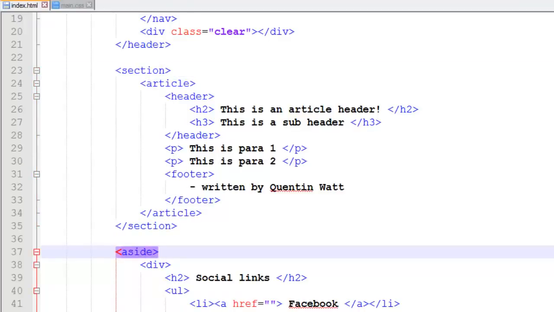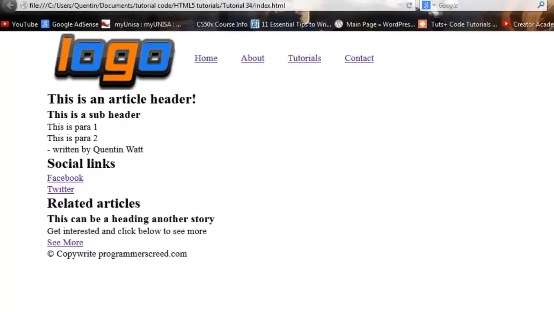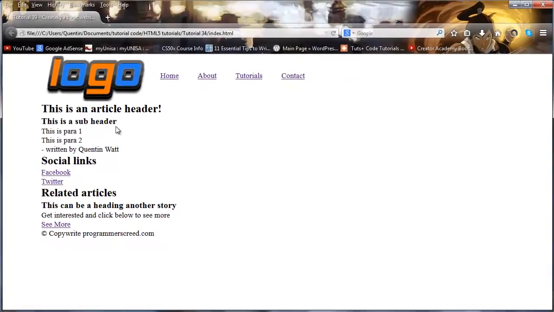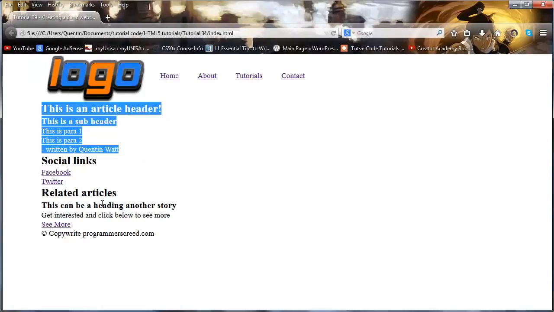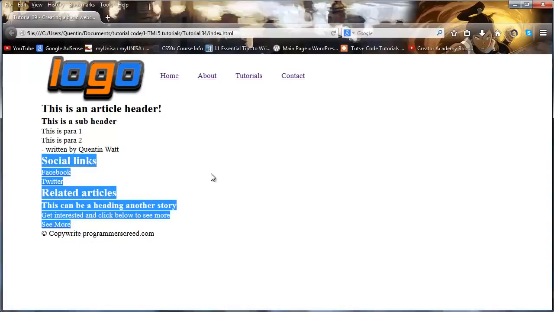So if we take a look at this in the browser right now, you guys will know that we've already taken care of our navigation and our logo, but we have our main section over here and our aside section appearing below each other. So let's go ahead now and actually take care of this, and let's get them floated